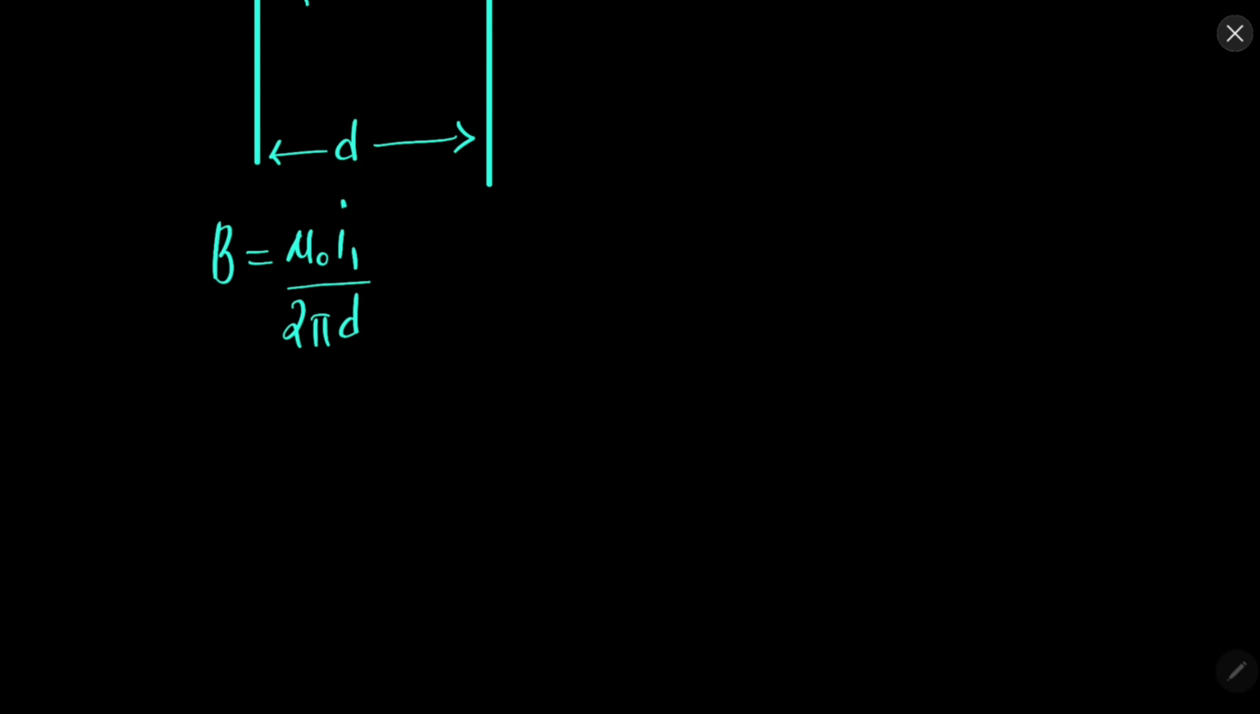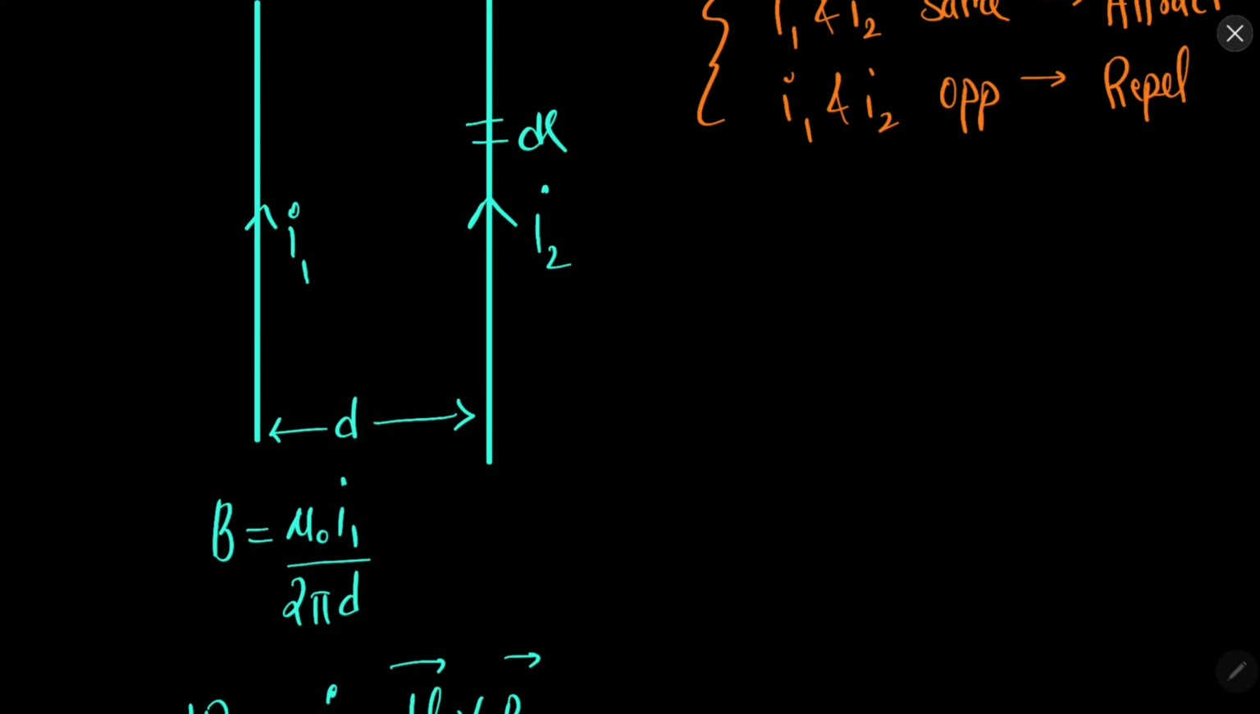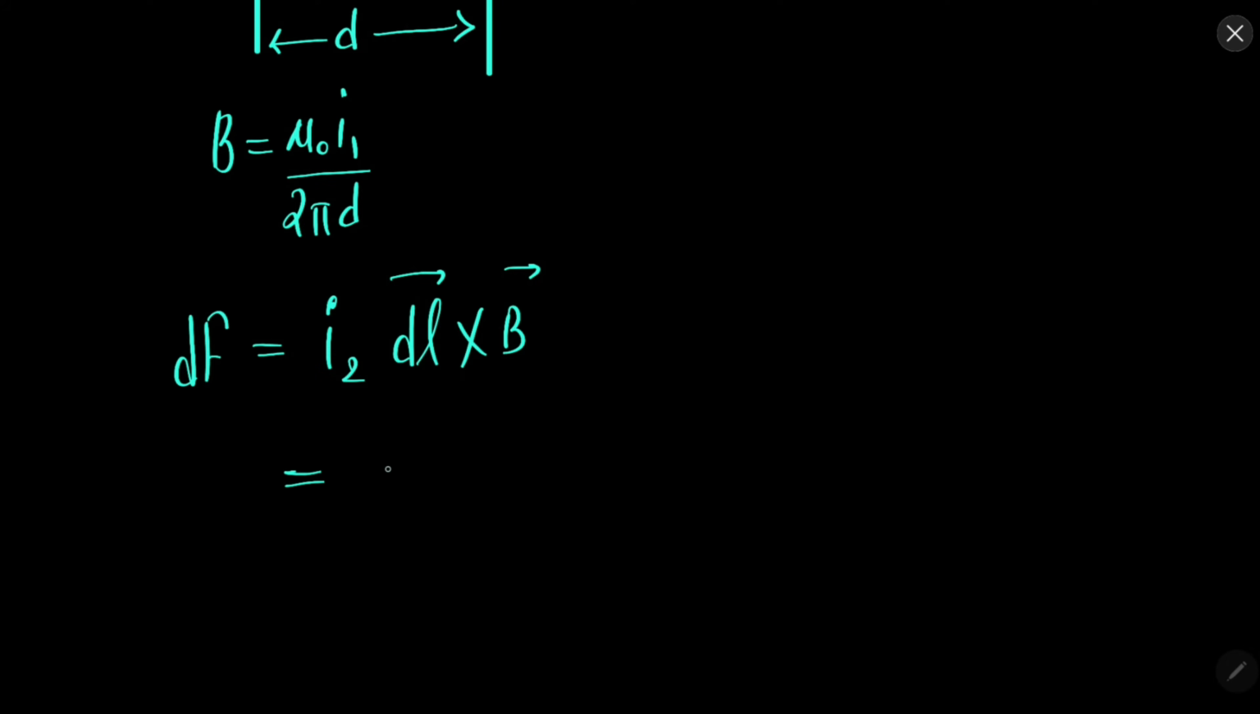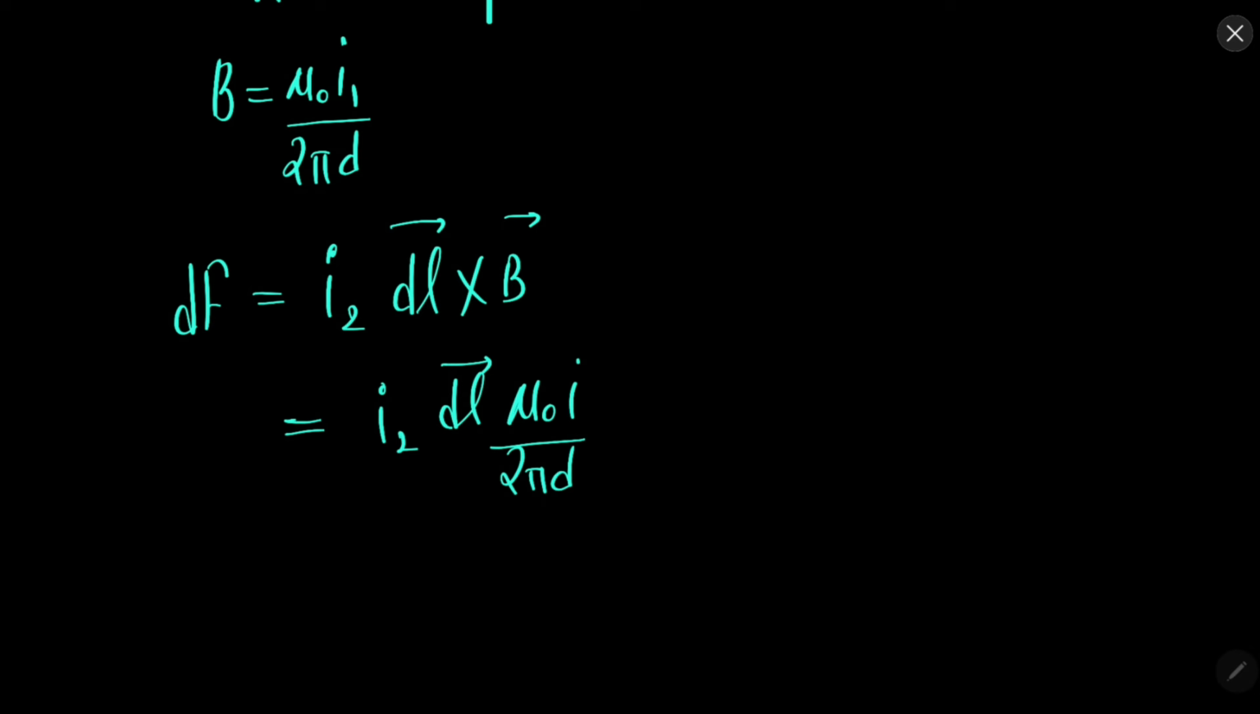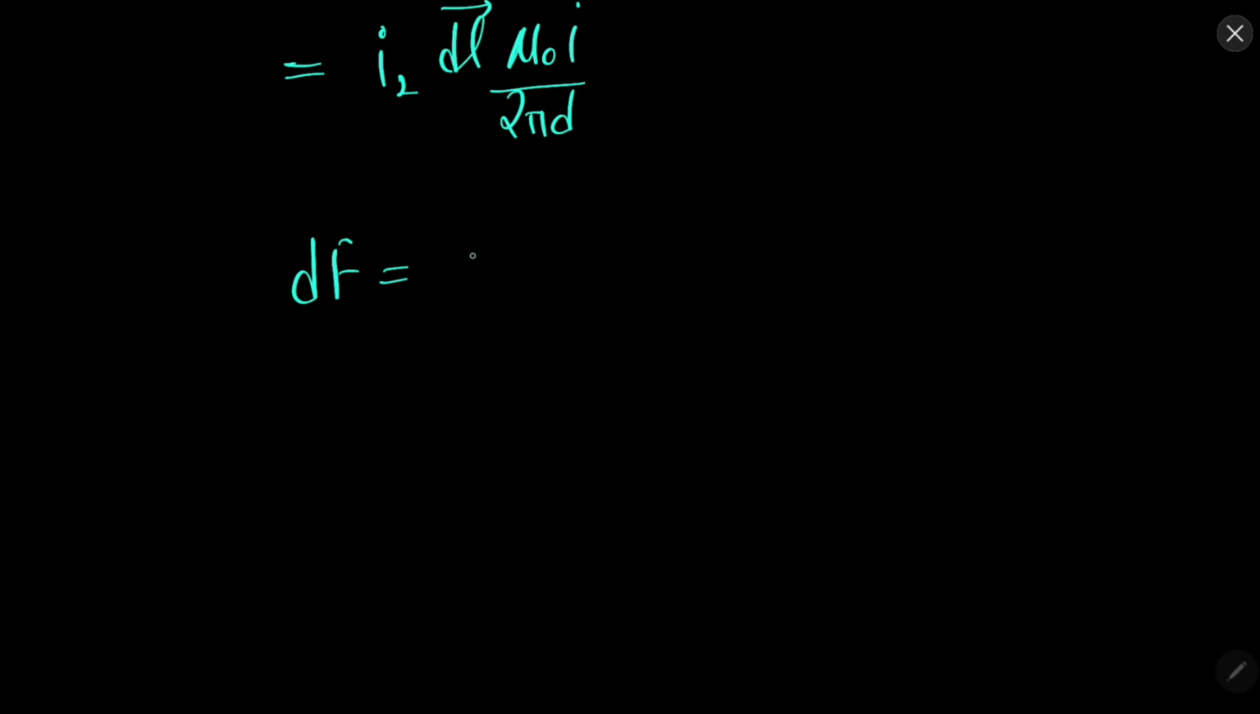So let's say that the magnetic field due to the first wire is mu naught I1 over 2 pi d, where d is the distance between the two wires. So the force on the wire can be current into dl cross B, where a small length is taken. Then putting the value of B, we will obtain mu naught I over 2 pi d. So this force will be equal to